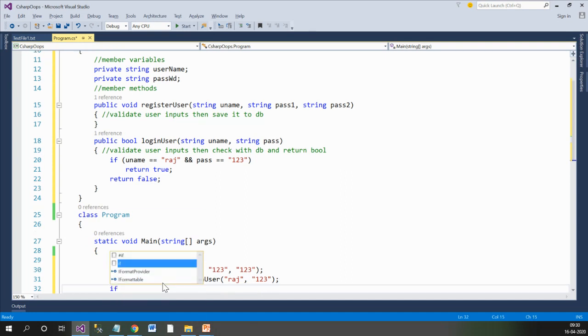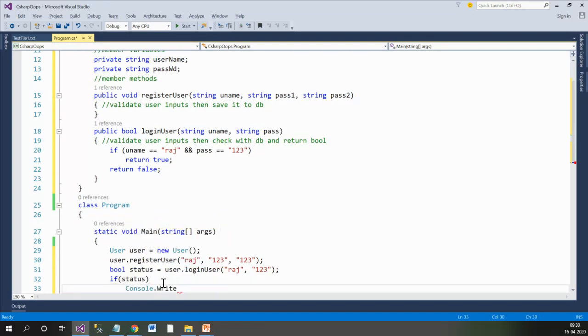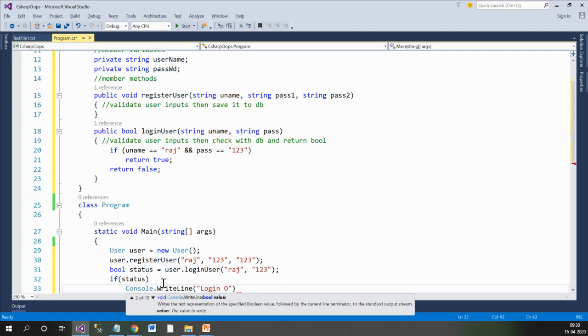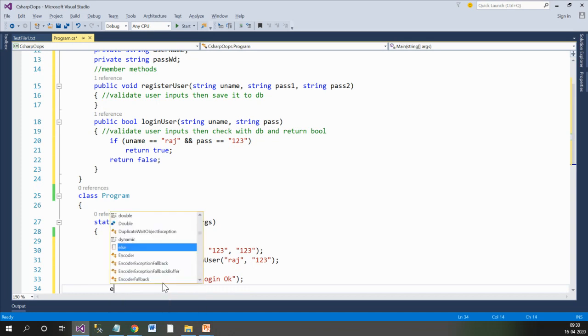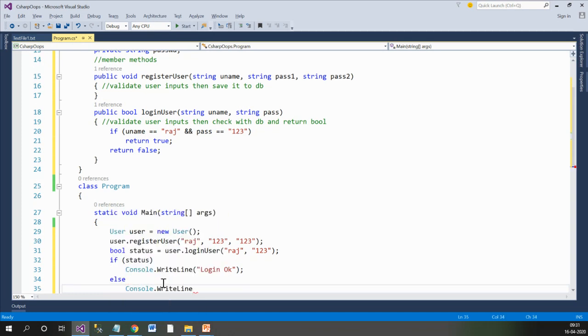And what I want is, if status is true, then print login okay, or else print login failed.